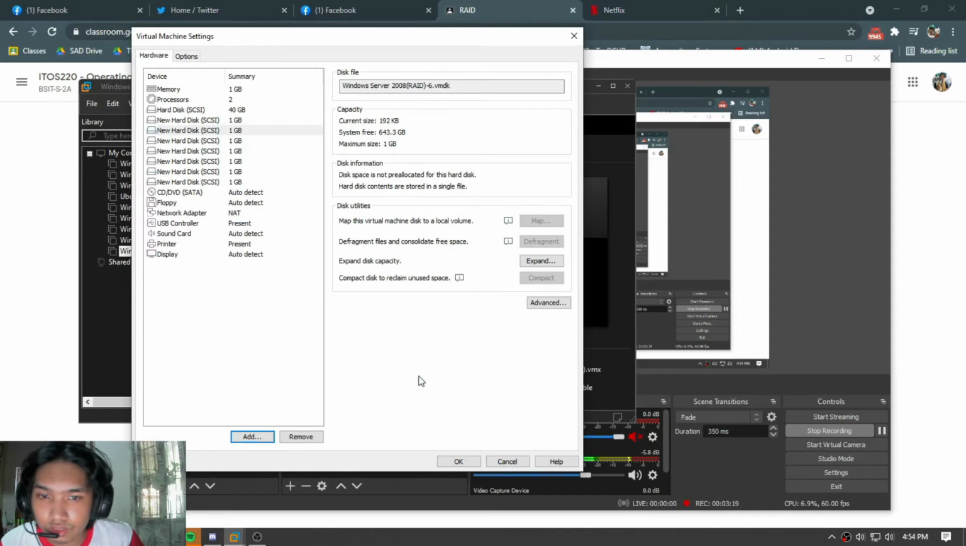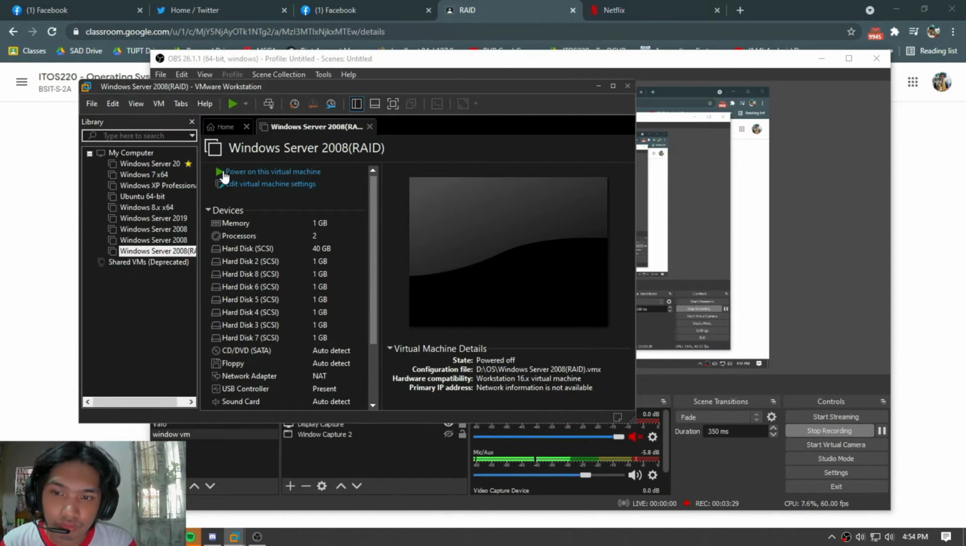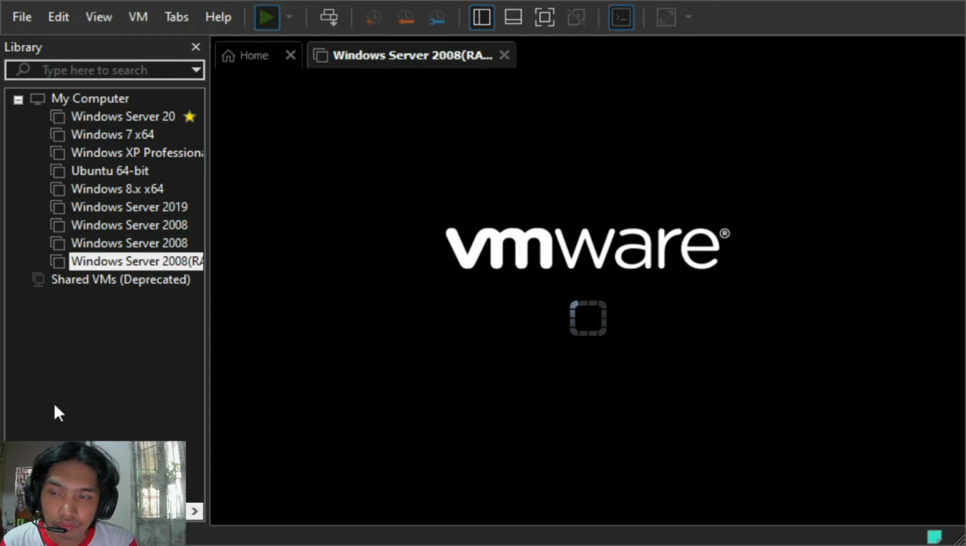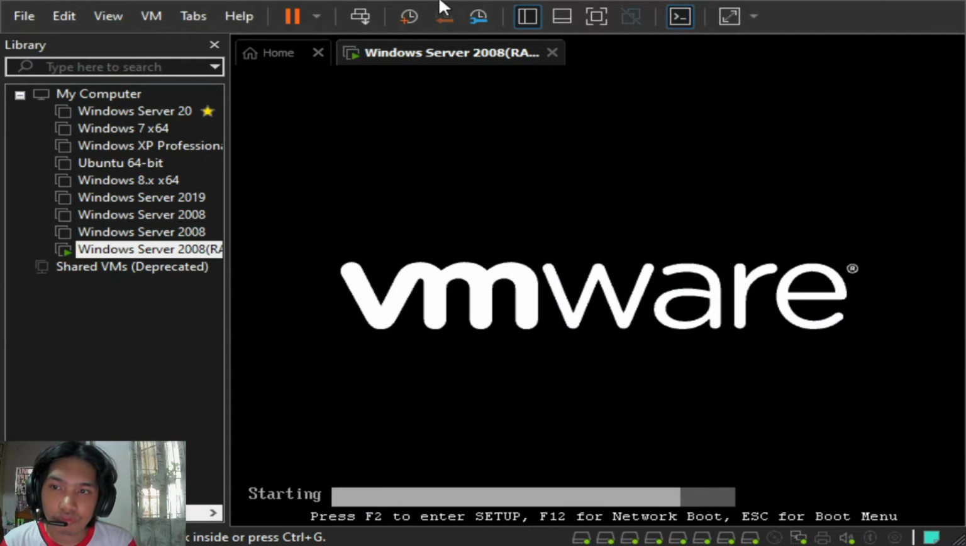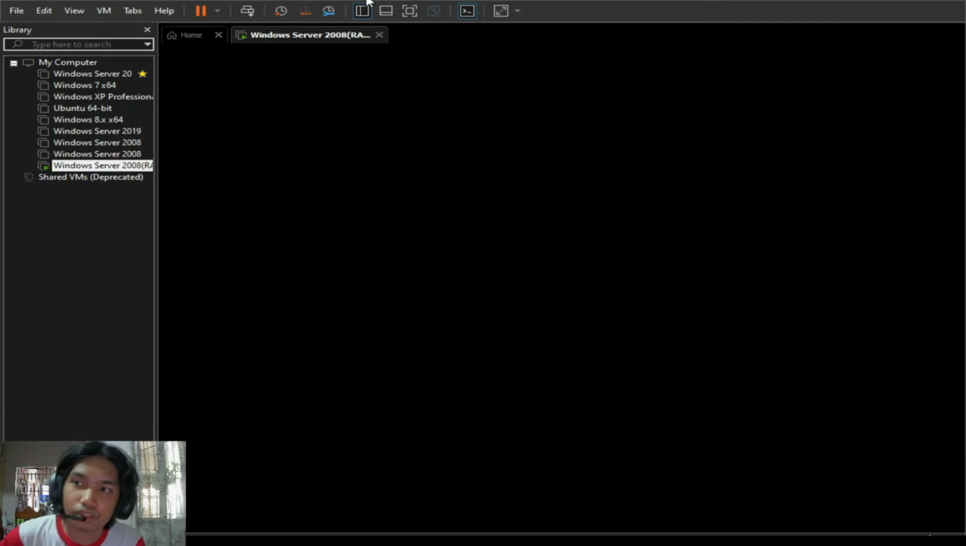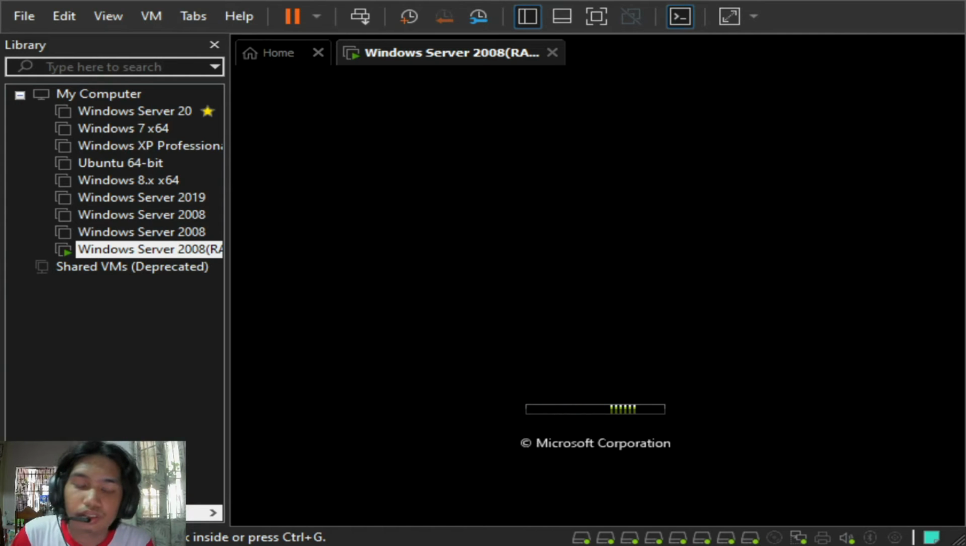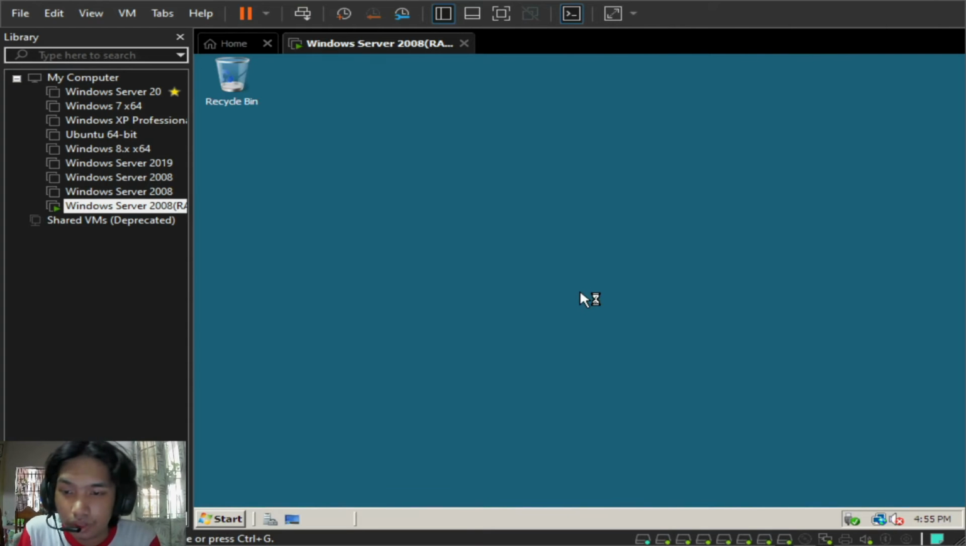So after that, we need to power on our virtual machine. So this OS is newly installed, so this is the first time I will boot this up. So after we boot this up,